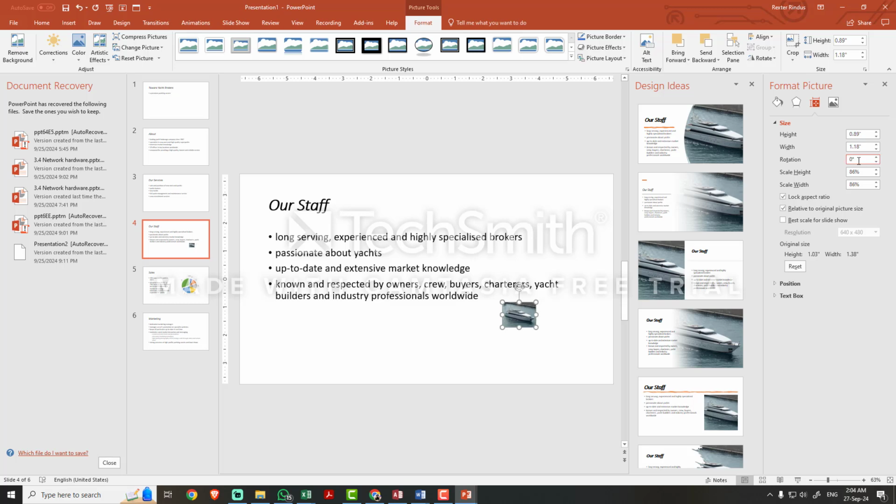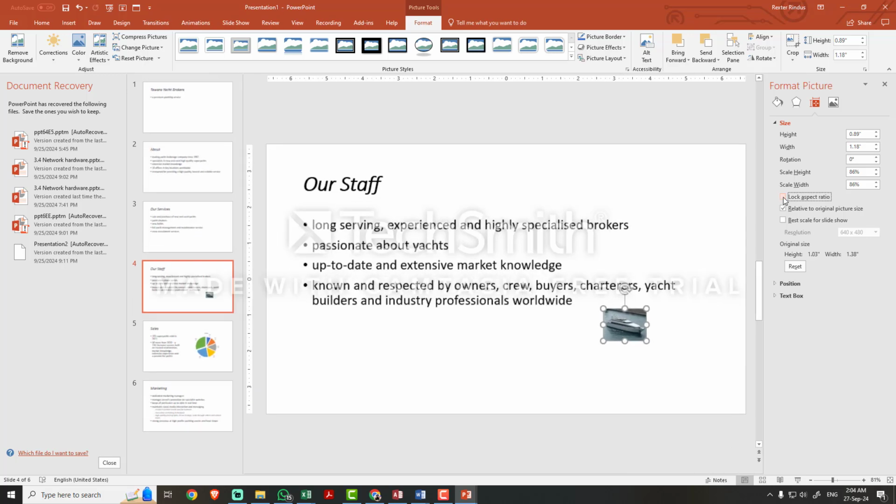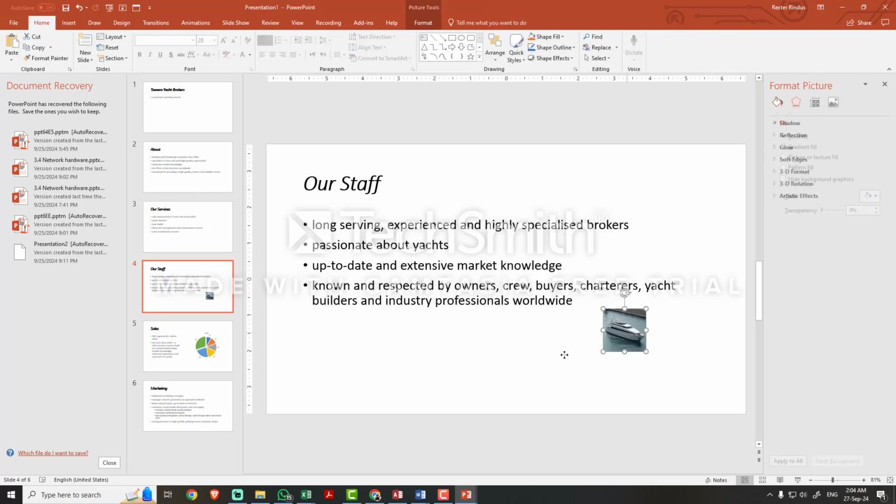So they said that is the case. Since it is changing, you have to remove the lock aspect ratio and just make sure that it will also be 3 cm and 3 cm. So now it's that one. See, if you observe, both now have the same measurement of 1.18 inches or 3 centimeter each. So I think that's the whole thing about the paper, as far as I can remember.